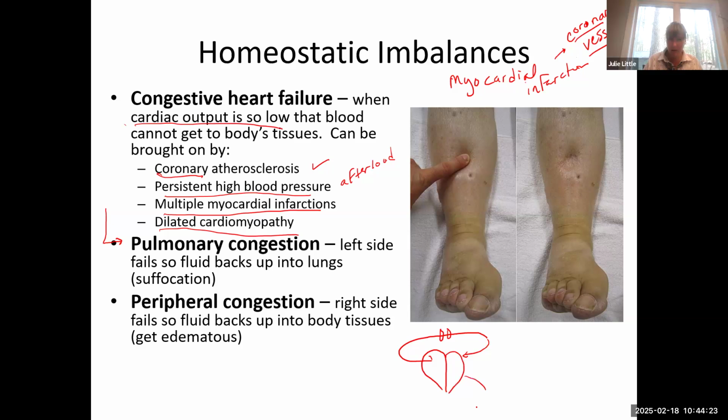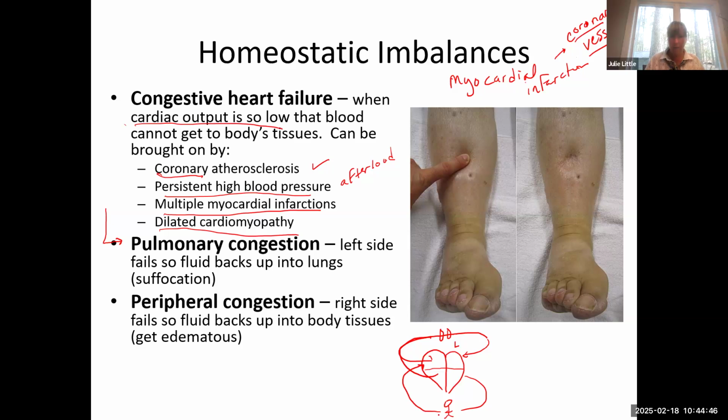The left side is sending to the body and sending back to the right side. Okay, here's the atria. So I'm sorry, I should have done the right side sending to the lungs from this right ventricle. All right. So on the pulmonary congestion side, if the left side, here's the left side, it's pumping